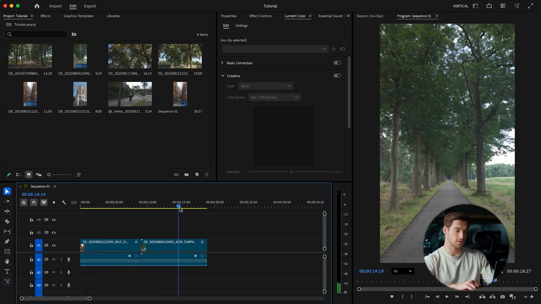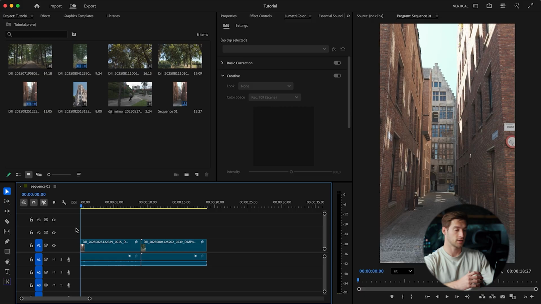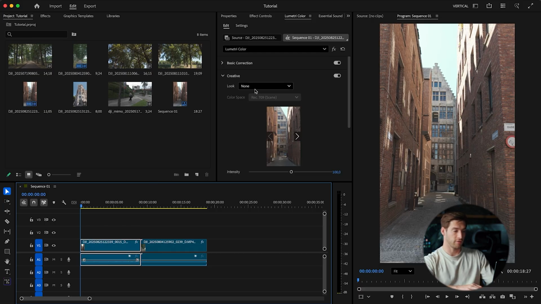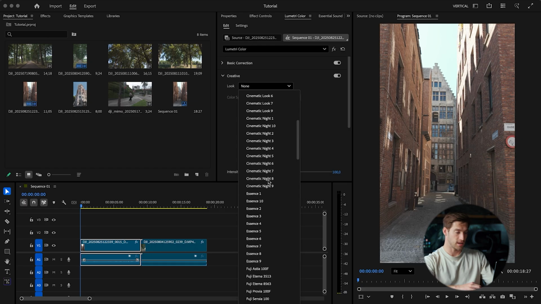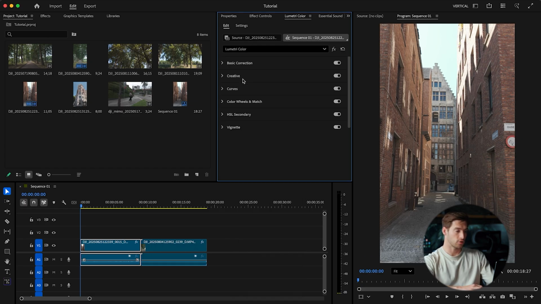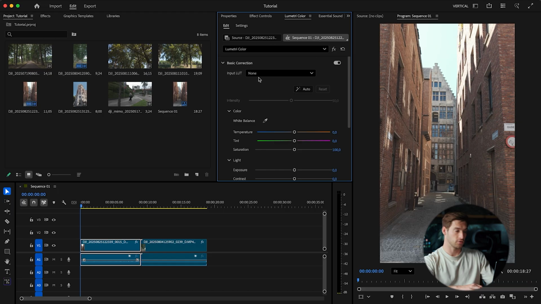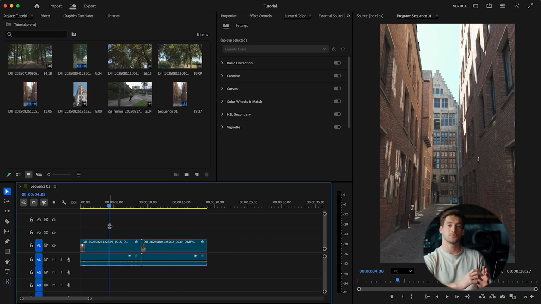I have two clips ready, which I'll use to show you how to use the LUTs and how to get the most out of your videos. But first, we're going to select this clip just to check if everything is correctly installed. And as you can see, everything is now loaded inside of this Creative tab right here. And our conversion LUTs are in Basic Correction under Input LUT. So the first thing you have to do is convert this DLOG-M to Rec 709 color space so we can